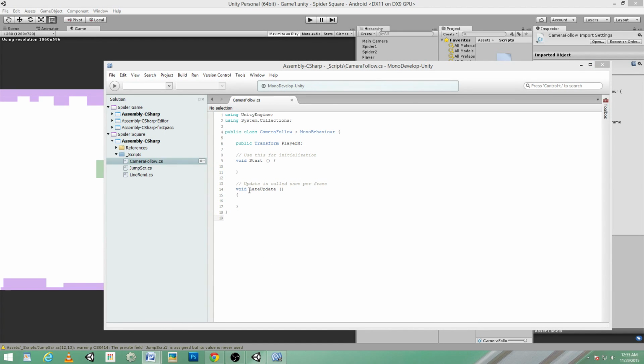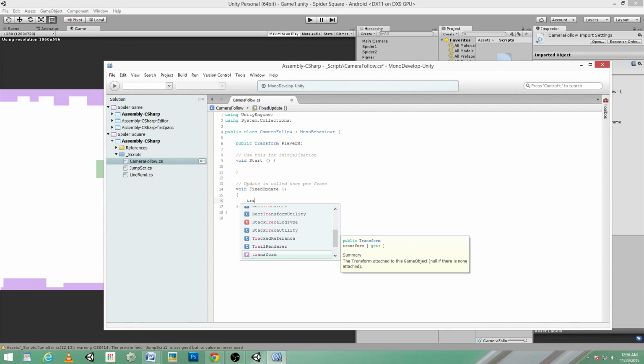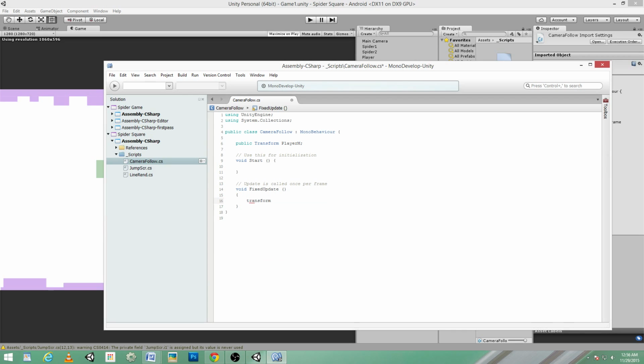Instead of late, I'll put it as fixed, like fixed frames. Now I will change the camera position. The camera should follow. The camera dot position is equals to